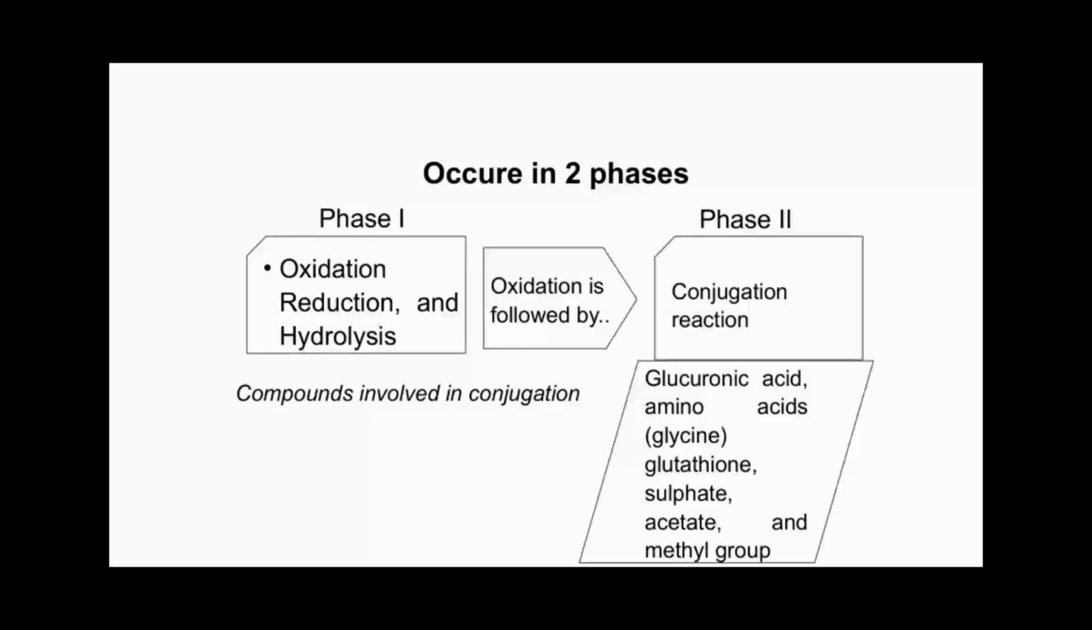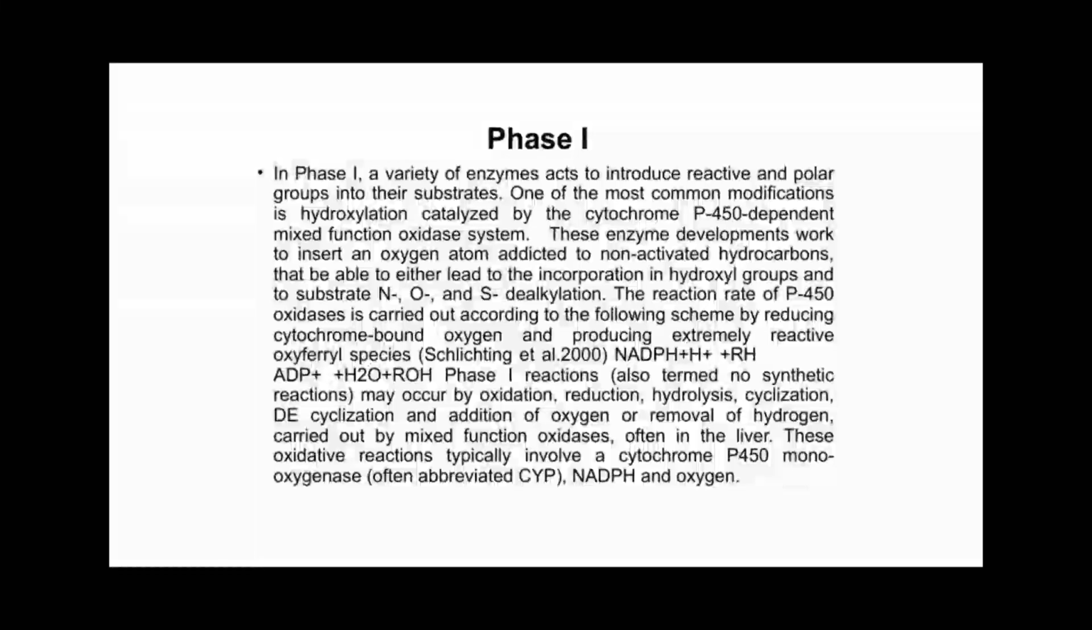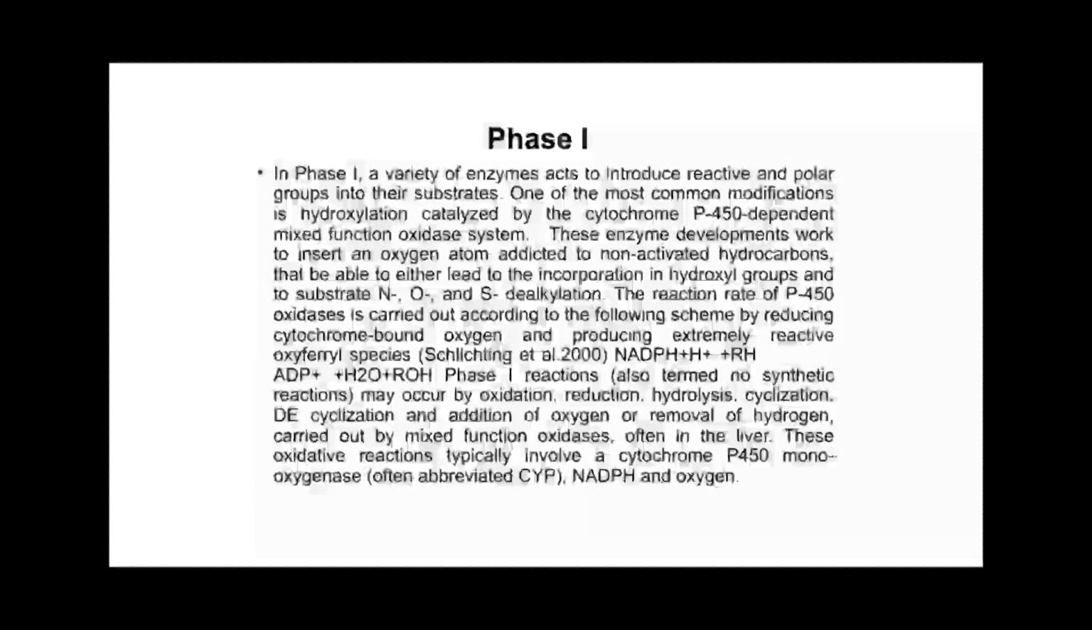In phase I of metabolism, a variety of enzymes work to introduce reactive and polar groups into their substrates. One of the most common modifications we see here is hydroxylation, which is catalyzed by the Cytochrome P450 dependent mixed function oxidase system. This enzyme system is particularly important because it allows the body to modify non-activated hydrocarbons by inserting an oxygen atom. This process can lead to the incorporation of hydroxyl groups or facilitate N, O, and S dealkylation